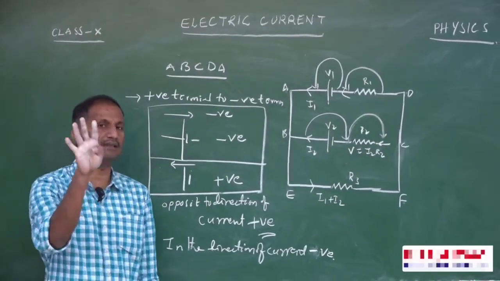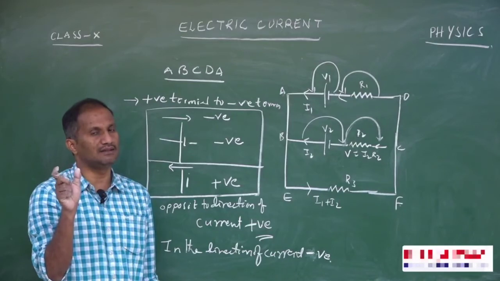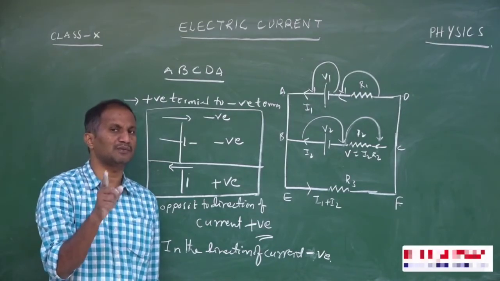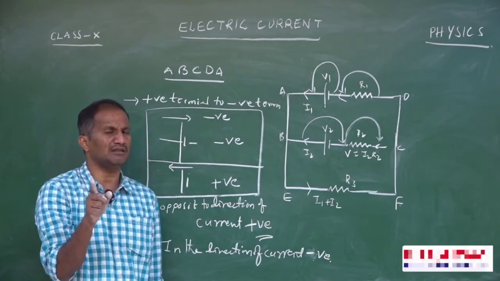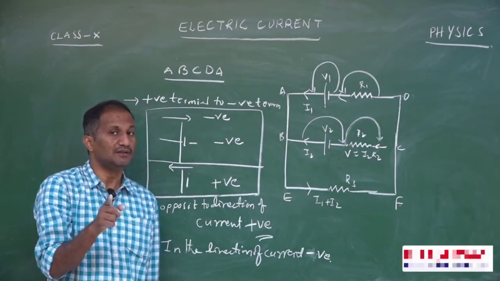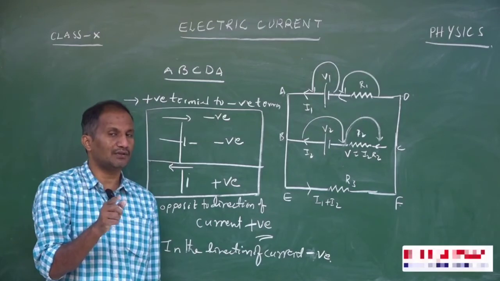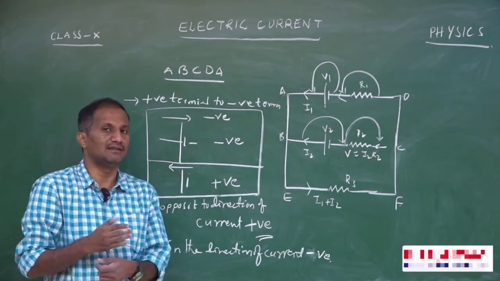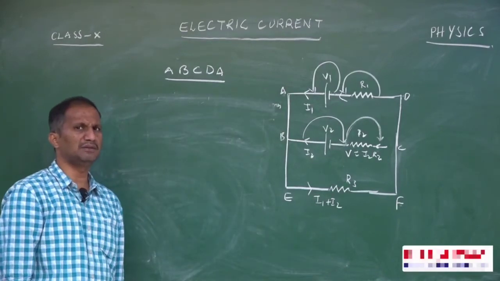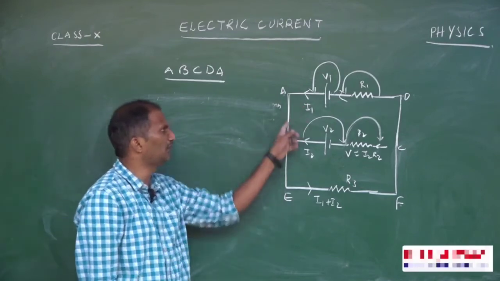Now we have clearly 4 points, that is, at cells and at different types of resistors. Clear cut. At cells, if we are traveling from positive terminal to negative terminal, that sign is negative; negative terminal to positive terminal, that sign is positive. If you are traveling in the direction of current, that is taken as negative. If you are traveling opposite to the direction of current, that can be taken as positive. Clearly remember it.